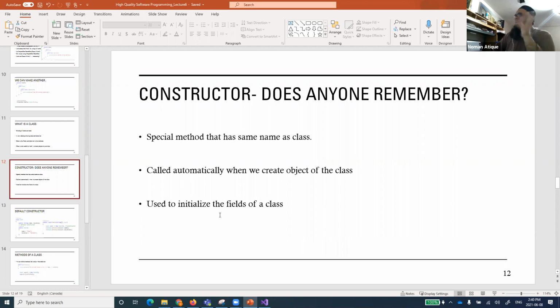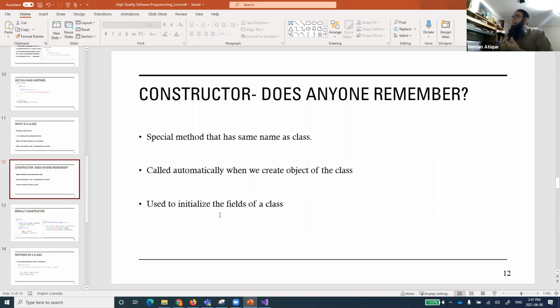You would think this is something with 4 tires. When I say a car, you'll say, okay, this is something with 4 tires. Or if I say that I purchased a new bike, automatically it will come to your mind that there will be 2 tires. Let's talk about car. I purchased a new car. You say, okay, there will be 4 tires, there will be seats to sit in, there will be a steering to drive that car, there will be an engine. So there are lots of properties that automatically come into your mind.